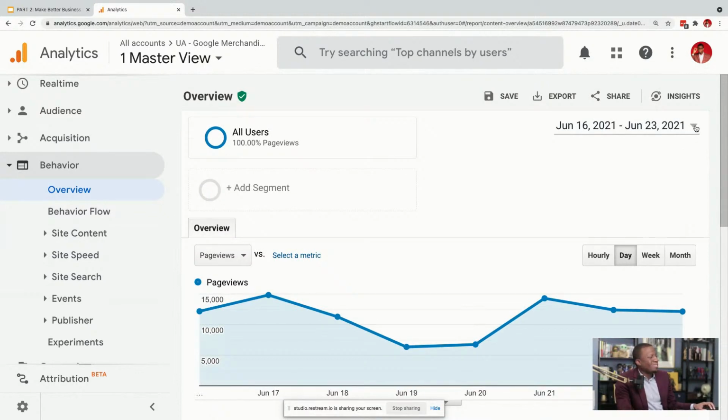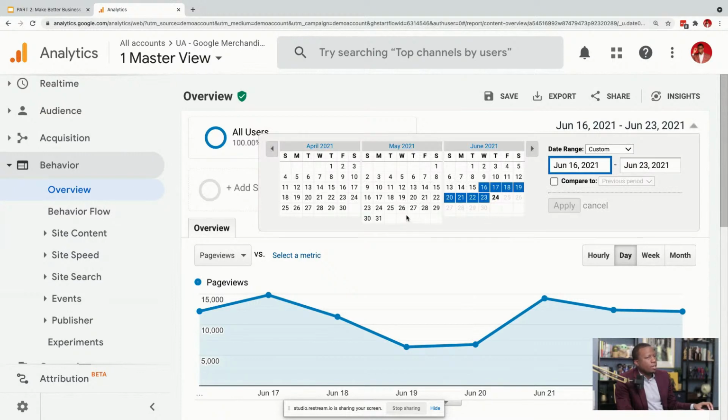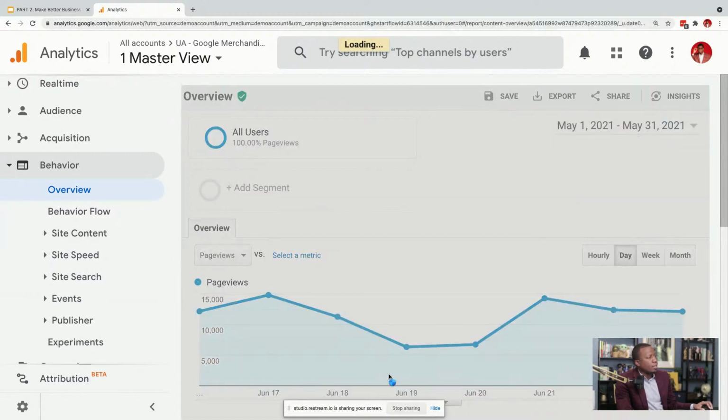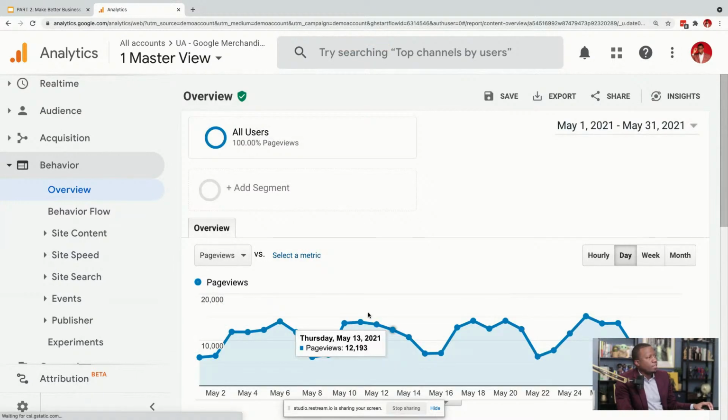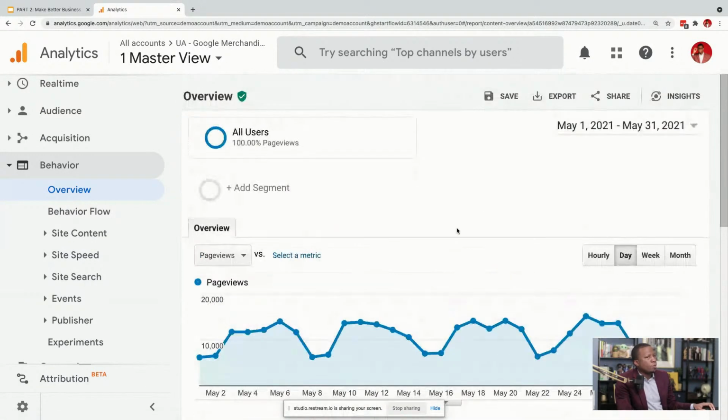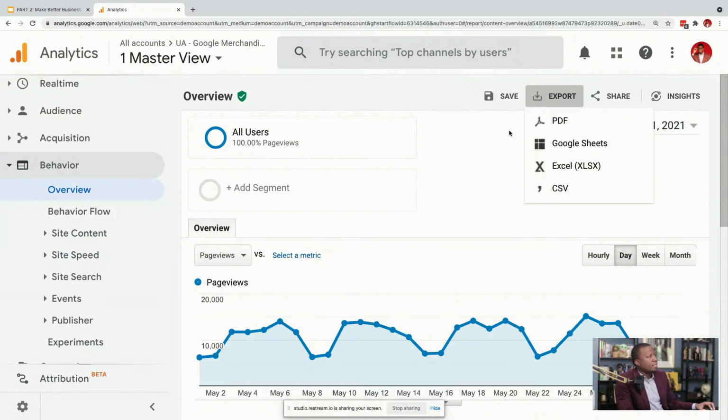You can always click on this down arrow and you can choose a date. So let's say we want to track May. We can choose May, hit apply, and the numbers will change and it'll show May. So once again, the great thing about this, you can always go back in time and you can view reports and data and see what happened.